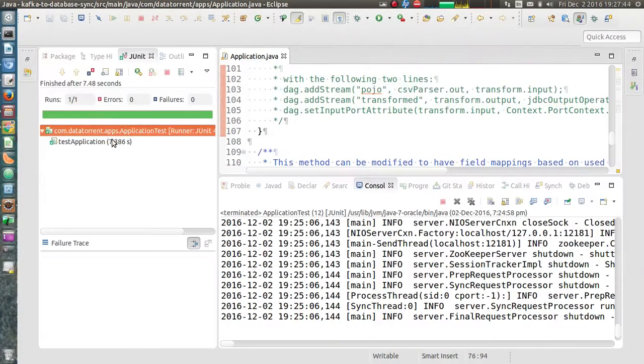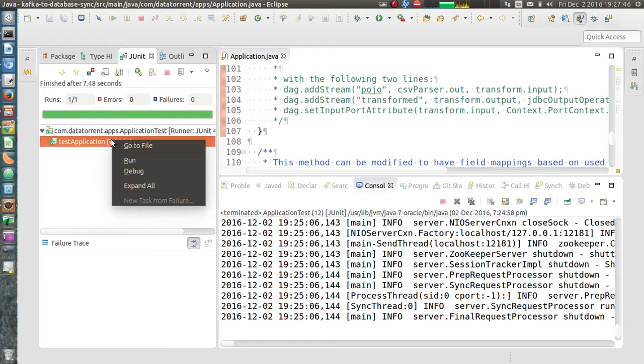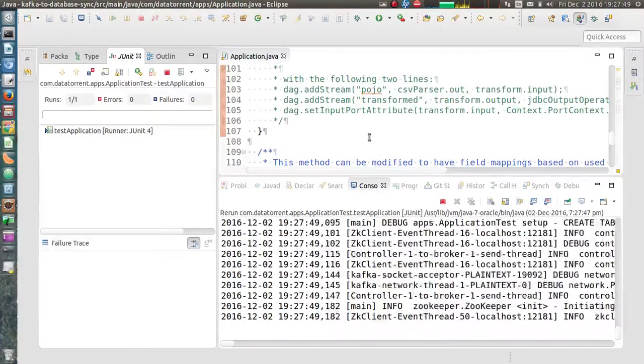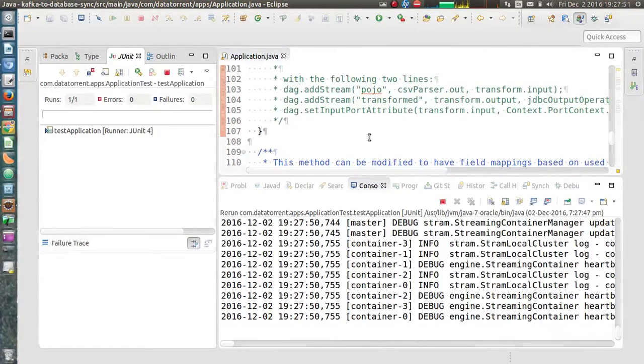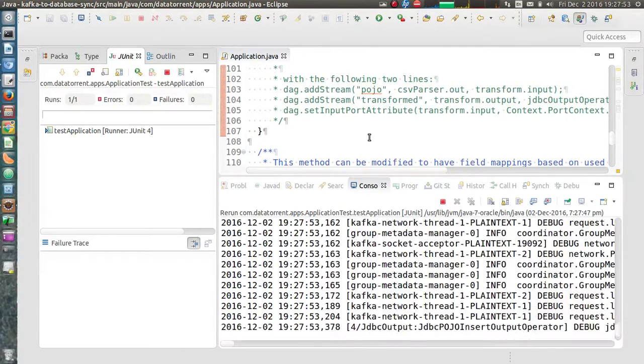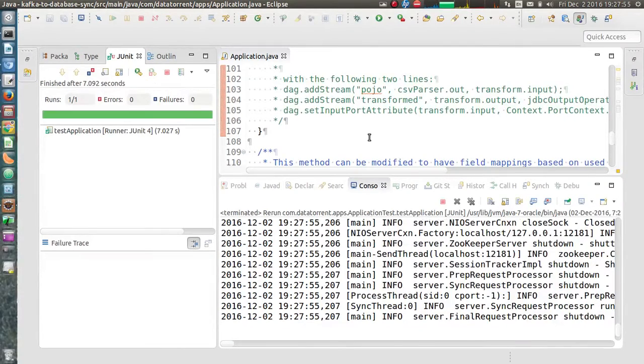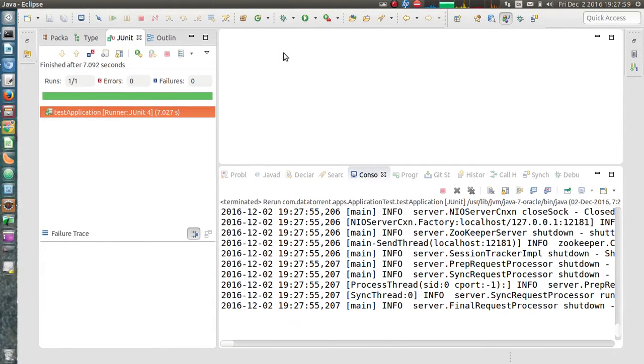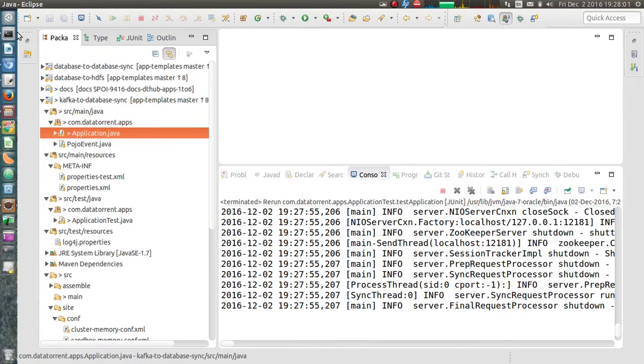That's about it. So let's try to run it. Application tests have passed, which means the changes look good.